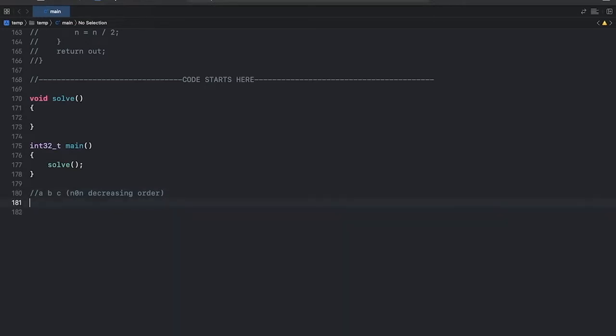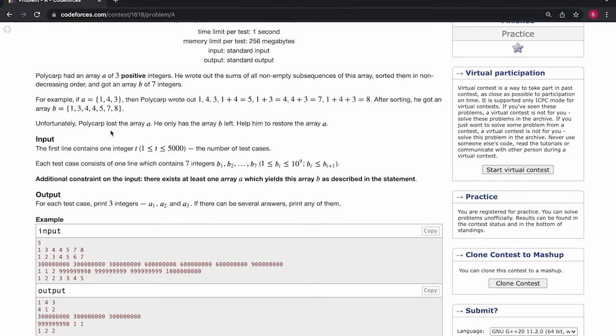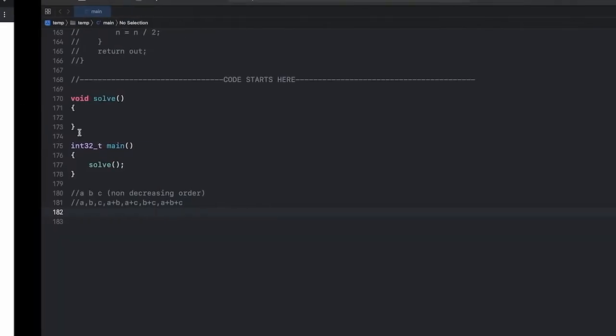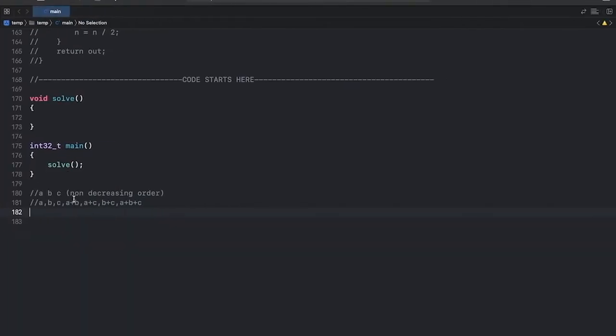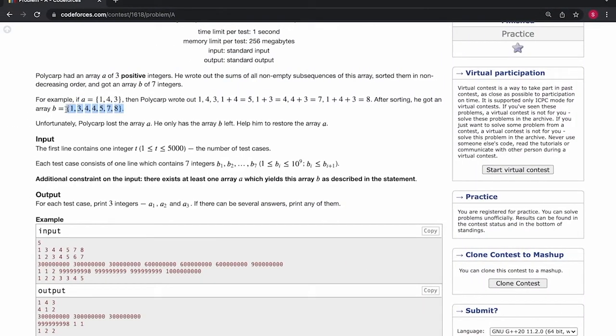Okay, so the non-empty subsequences will be a, b, c, a plus b, a plus c, b plus c, a plus b plus c. Okay, so these are all the possible subsequences. Since a is the smallest element among these three numbers, and since the sums are written in increasing order, so